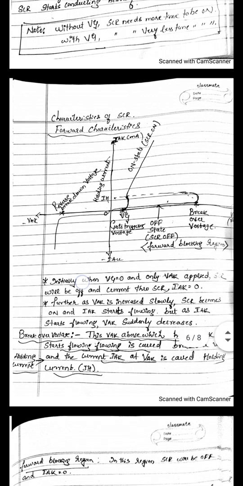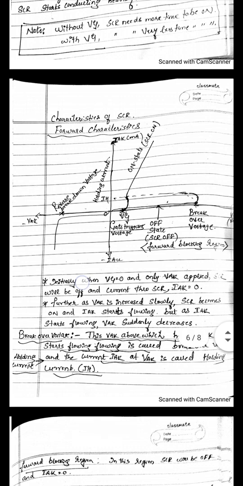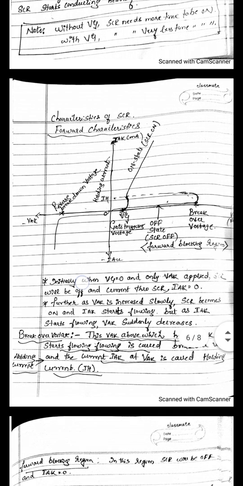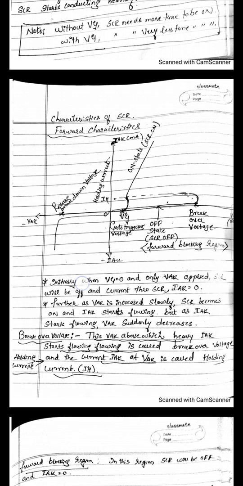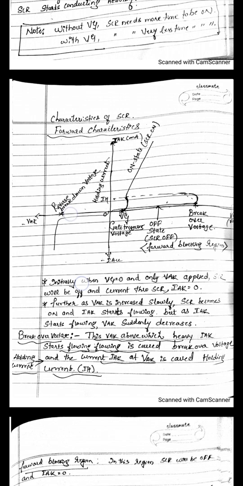Reverse characteristics is very simple. When you apply a reverse voltage, VAK, here the anode will be made negative with respect to the cathode. That is reverse biasing. At that time, when you apply a negative VAK, a very small amount of current will be flowing. That current will be a leakage current, but still, if you increase this negative voltage,